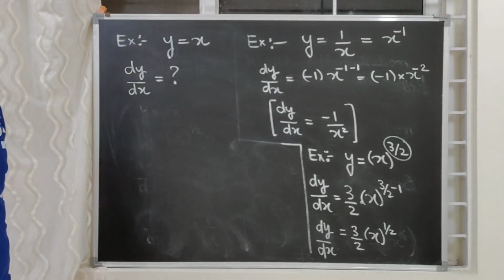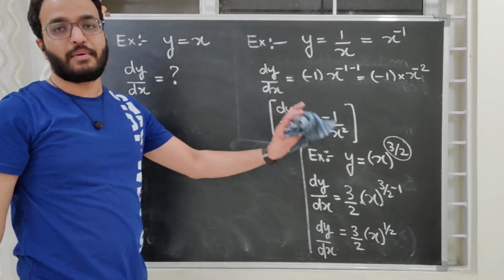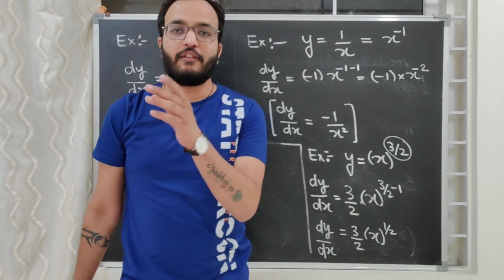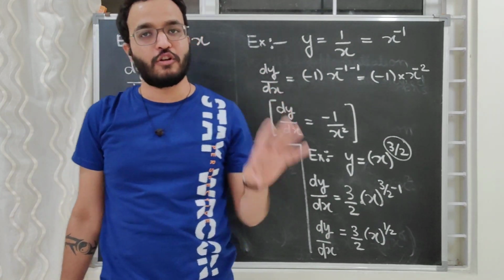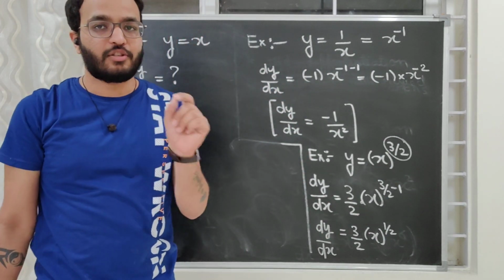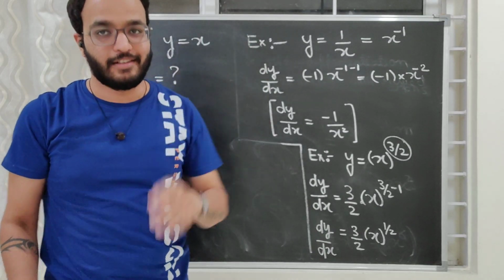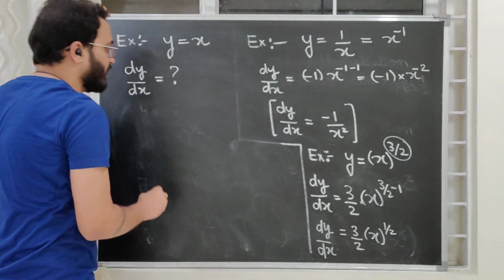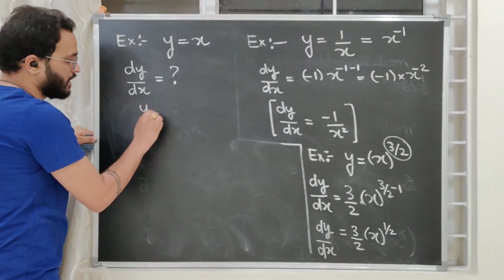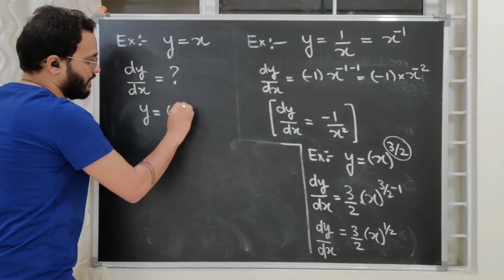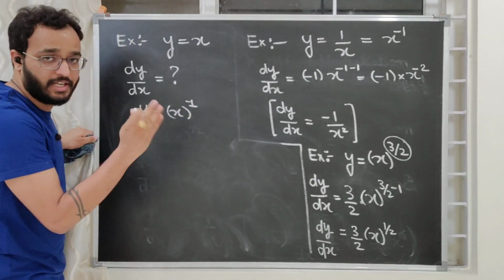Okay, now what you are going to do? Again you will apply the same formula. If y is a function of x, then you search x to the power n, then what is n here? So you will compare it. Okay, so you will say, sir, here it is actually x to the power 1, I suppose, right?